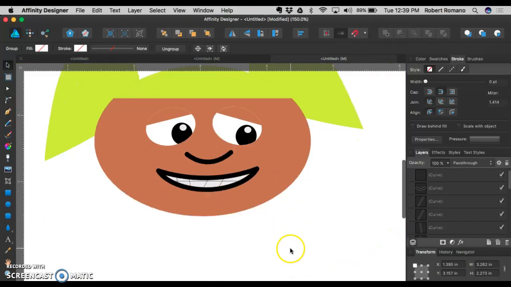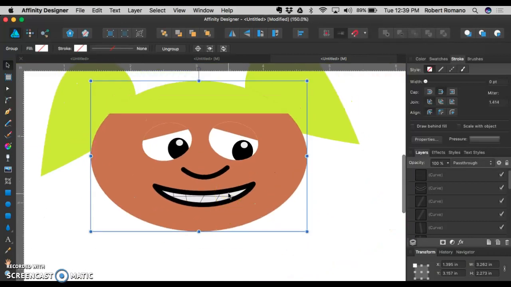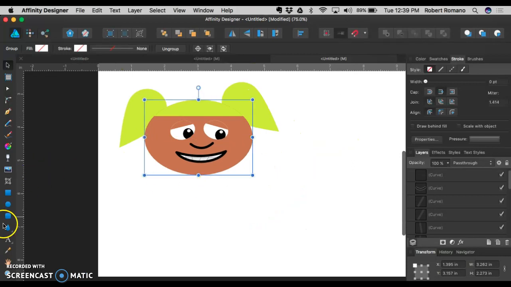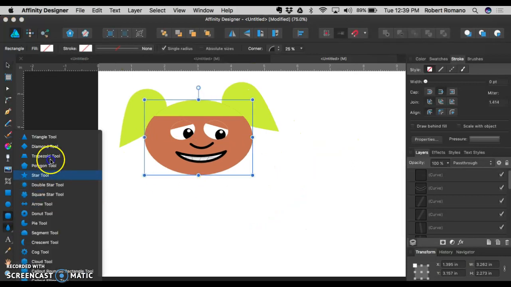So that's super, super, super basic cartoon work. From there, think about body. You could do